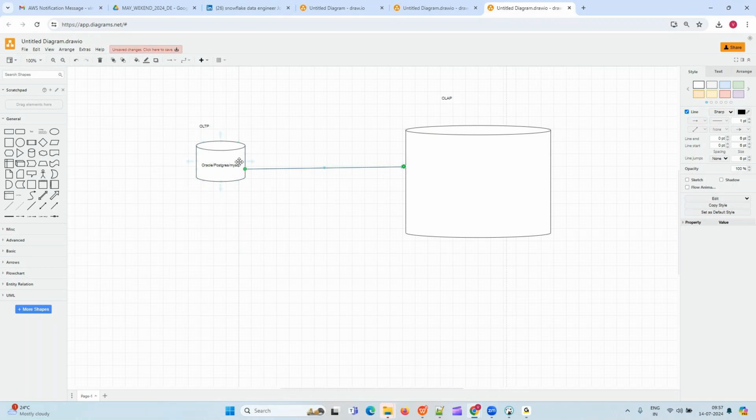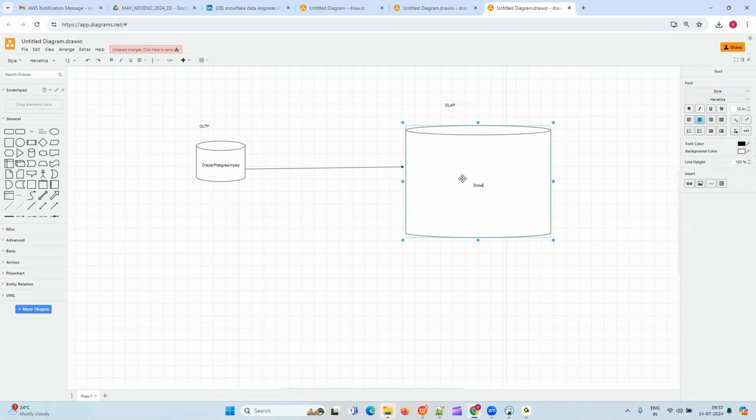As the data gets older, you are going to move it into an OLAP system, an online analytical processing system. This is where Snowflake comes into the picture, guys. There are a lot of tools for OLAP systems; we call them data warehouses, like Snowflake, Redshift, BigQuery. Correct? There are a lot of data warehouses like Teradata, SAP HANA, a lot of warehouses in the market.